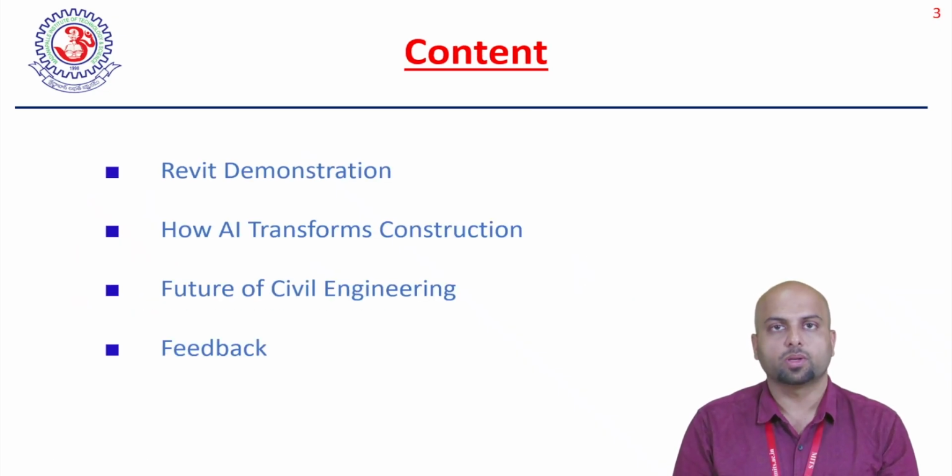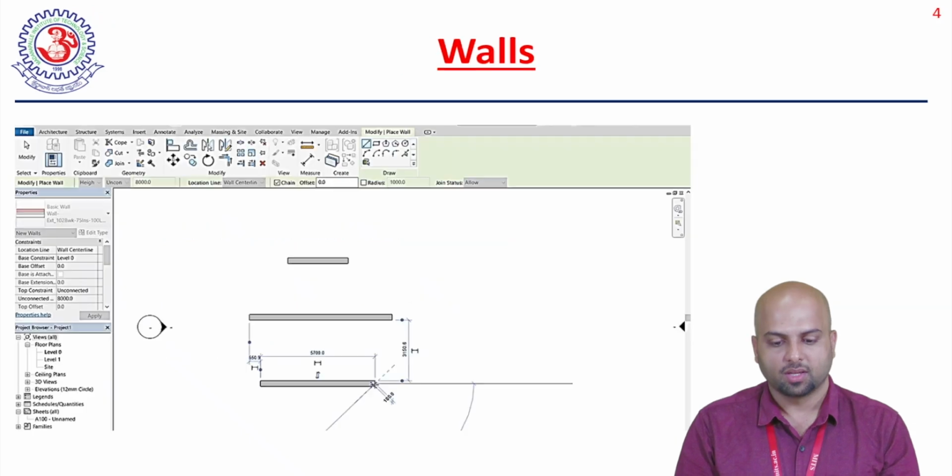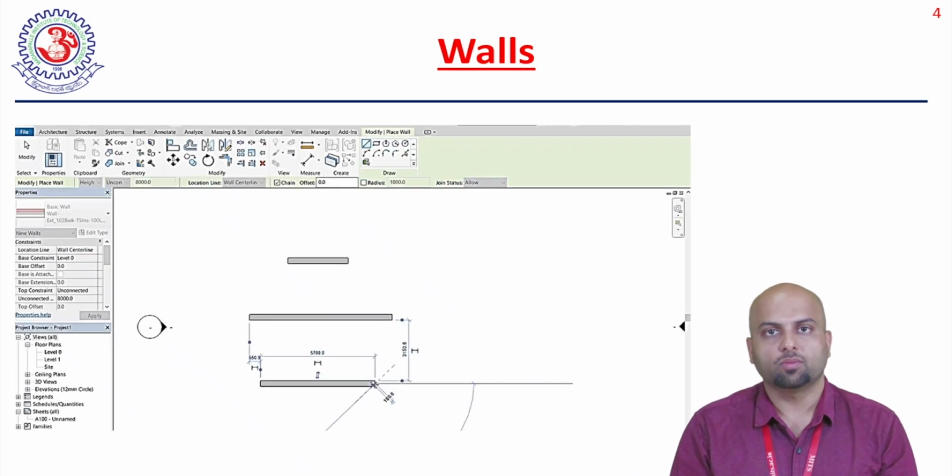So today we are going to discuss some Revit demonstration of all the components and development of walkthroughs and renderings of components or structure. Then we'll go through how AI transforms construction and we'll see the future of civil engineering. Yes, walls. So in walls, in Revit architecture, walls is a smart intelligent system where we can draw directly